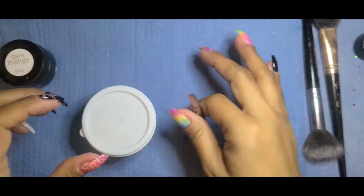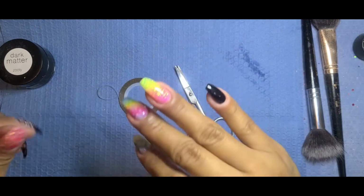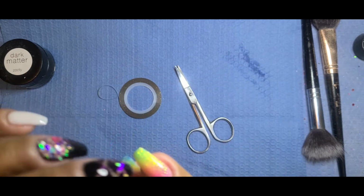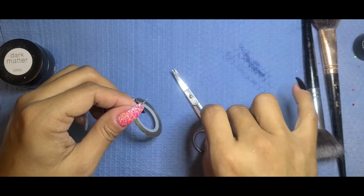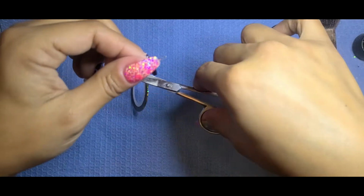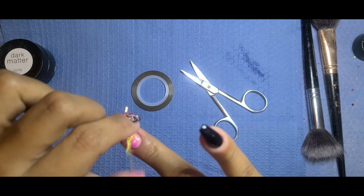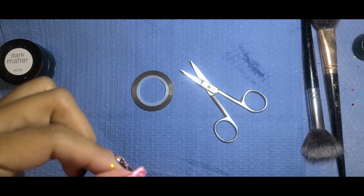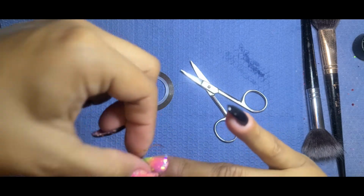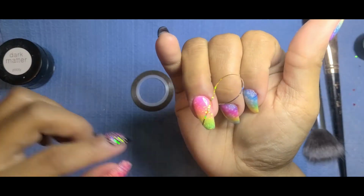So I'm going to move on with my nail tape, and I'm going to apply it in the order that I would like to have the lines in. What I was shooting for, I have the dark matter on my pinky, so I wanted it to look almost like beams of light coming out towards the fingers with the Poshy nail design decals on them. I want to apply the tape at the opposite diagonal angle from the powder application, so that the lines and all the colors can really shine through, because as I stated previously, these are glow powders, so they do glow in the dark,